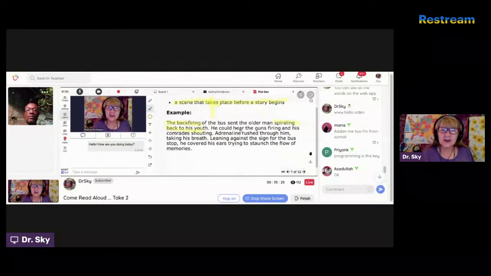He could hear the guns firing and his comrades shouting. Adrenaline rushed through him, taking his breath, leaning in against the sign for the bus stop. He covers his ears, trying to staunch the flow of memories.